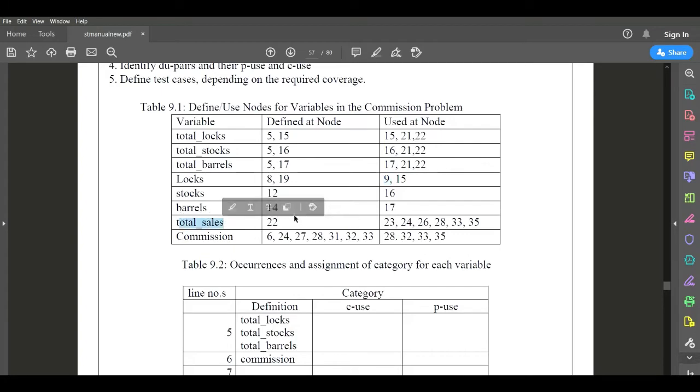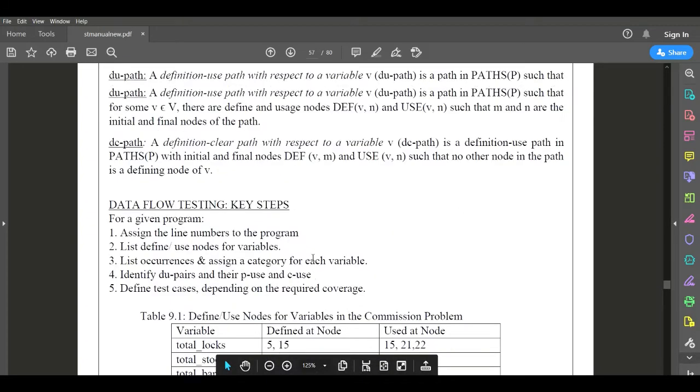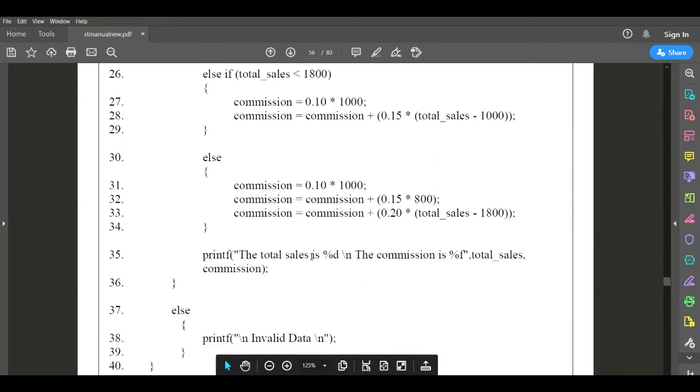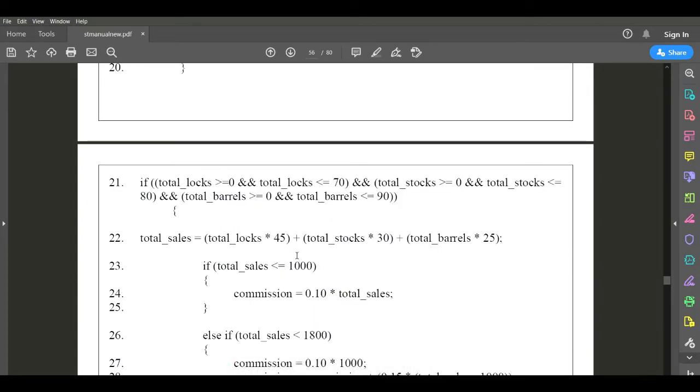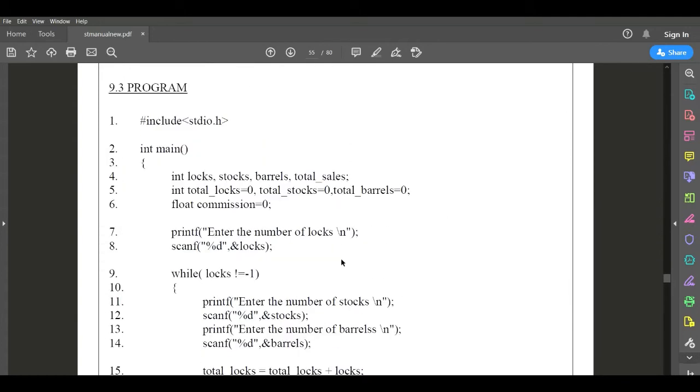Is that clear? Now total sale: the first time it is defined is in line number 22. You can see here line number 22. Here we have declared the total sale value, but it is not defined.